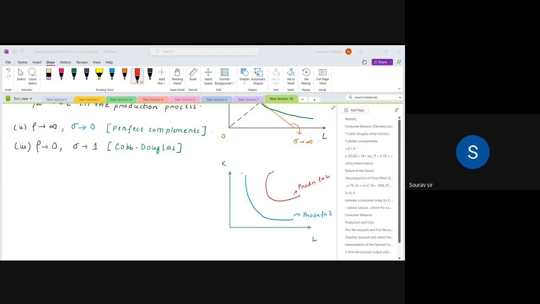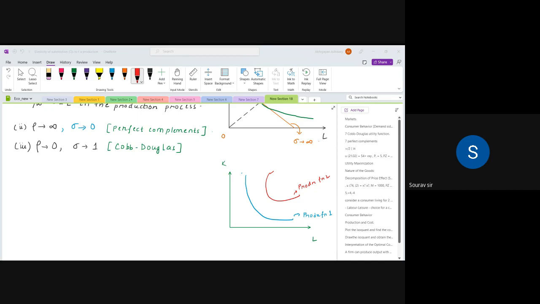Either you can simply check the elasticity of substitution, उससे आपको idea मिल जाएगा, or you can substitute the value of rho in the production function to check that. But as you saw in the last class, कि कुछ कुछ रो के values के लिए the calculation might be slightly lengthy. Okay, so I'll say you all can prefer the elasticity of substitution method, because in general हम लोगों